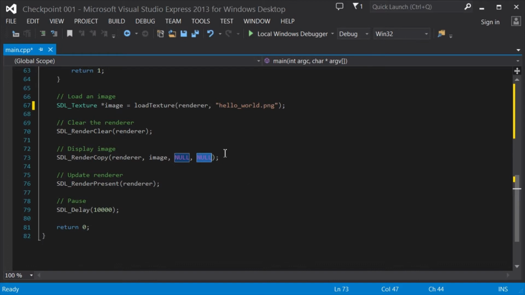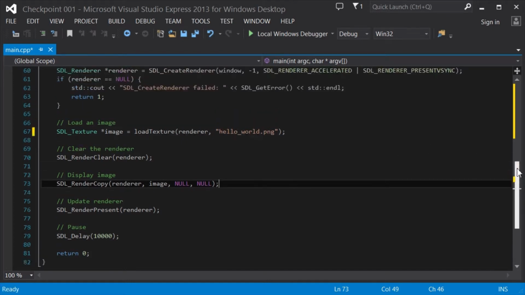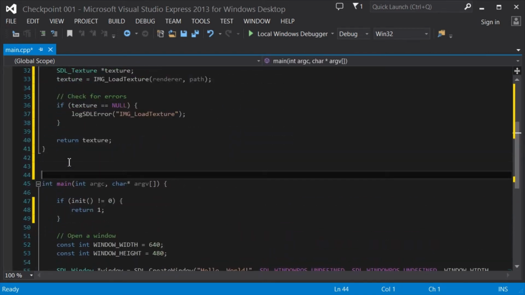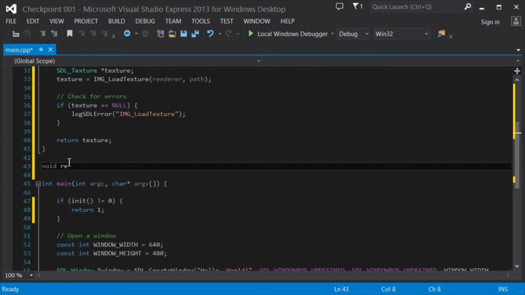But if you don't want it to fill the whole screen, then things get a little more complicated. You have to create a destination rect every time you want to render something. So we're going to create a rendering function. It's going to be void render texture. We pass it the renderer that we want to render it on, our texture that we want to render,